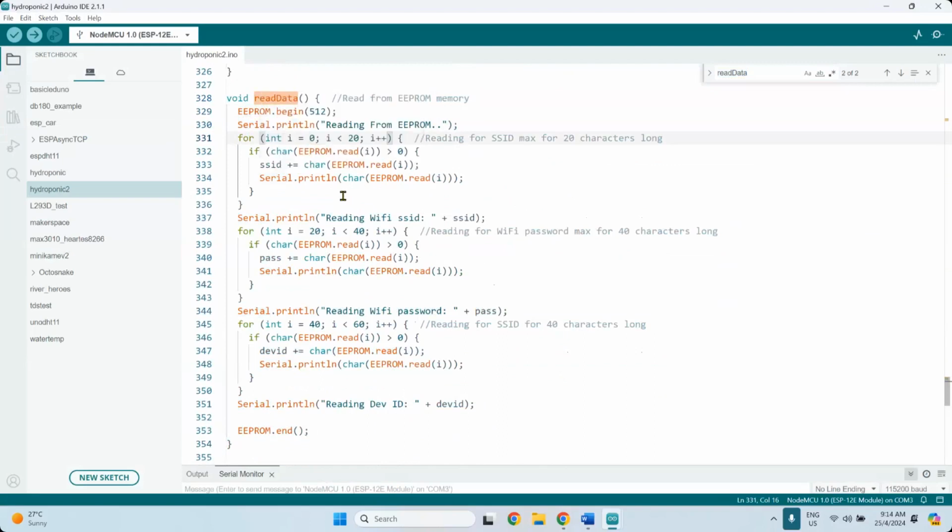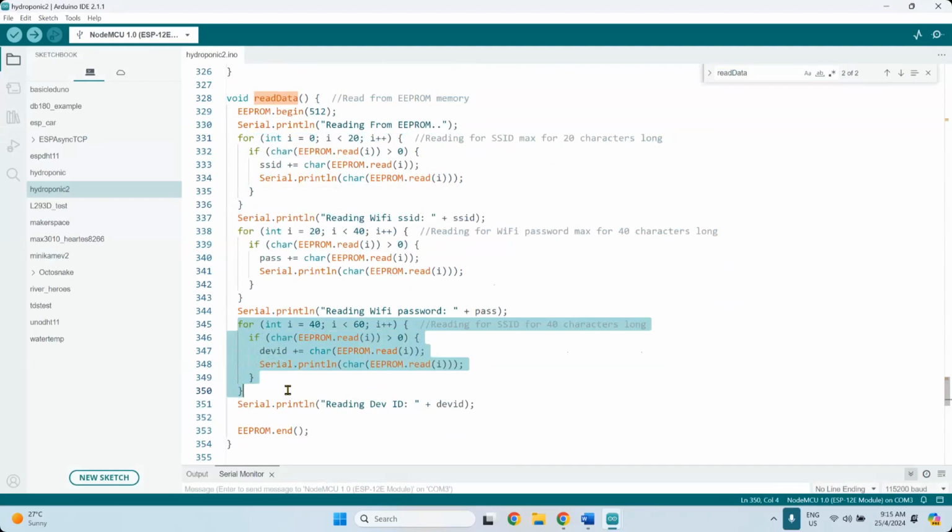Every cell allows you to store one character. There are 20 characters that I store for SSID, 20 characters for password, and at the bottom here, the device ID. So there are 3 memory locations that I use here, each memory location 20 bytes.